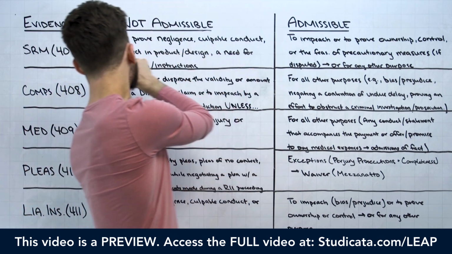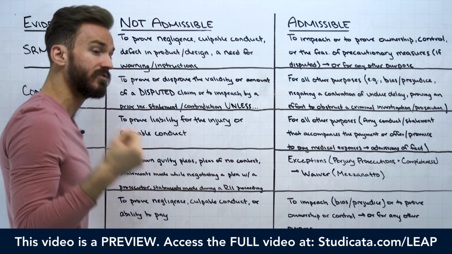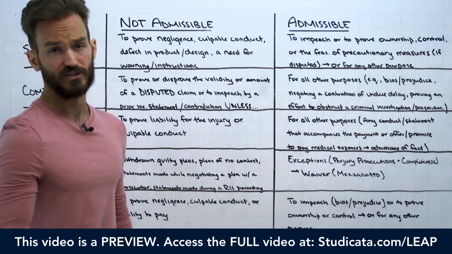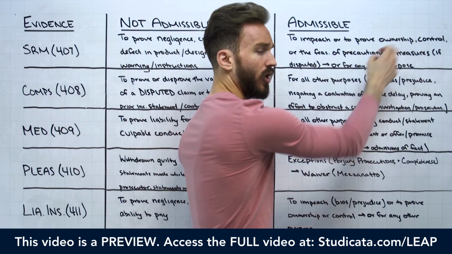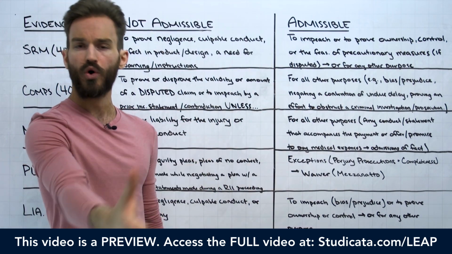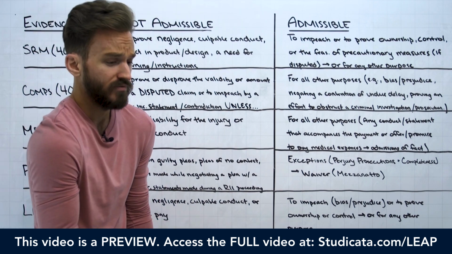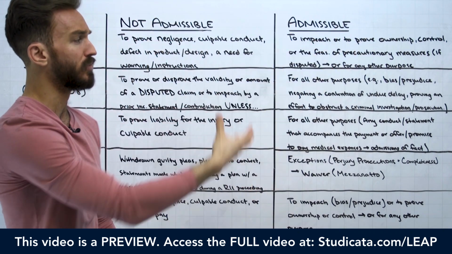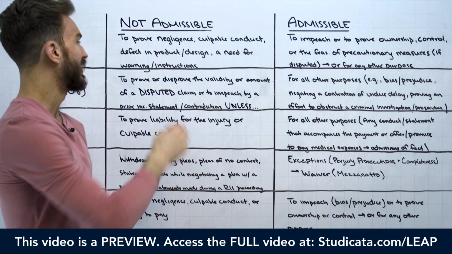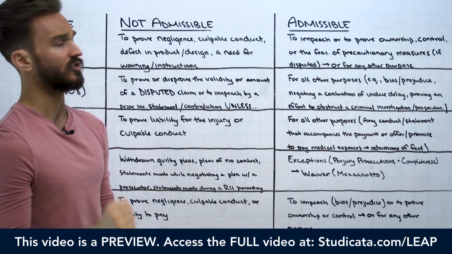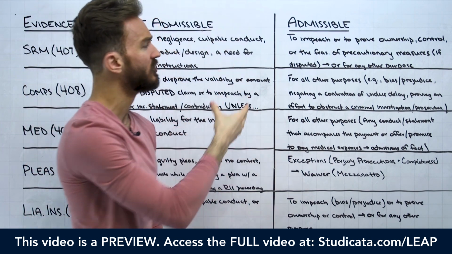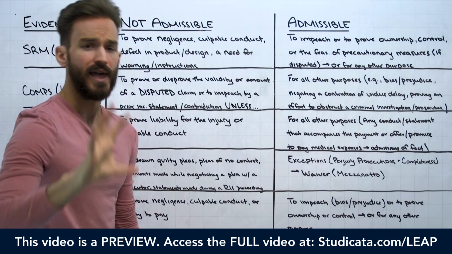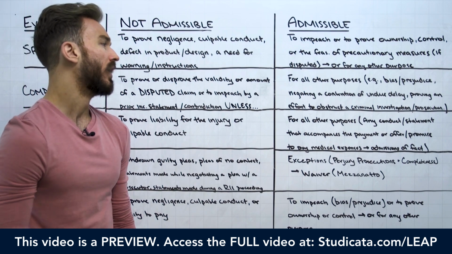Well, at that point, the plaintiff could introduce evidence of them taking all of these subsequent remedial measures to say, well, you had some level of control, right? You were able to go out there and put up all these cones, this warning sign, do all this stuff. So obviously you have some control over the state highway, and they would be allowed to do that because now ownership or control is in dispute. So they can't introduce the subsequent remedial measures to prove that the construction company was negligent, but they could introduce it to prove that they had some control over the highway if the defendant disputes that, right?